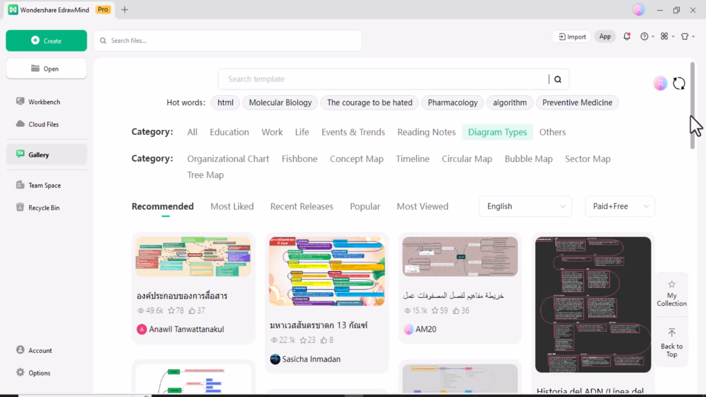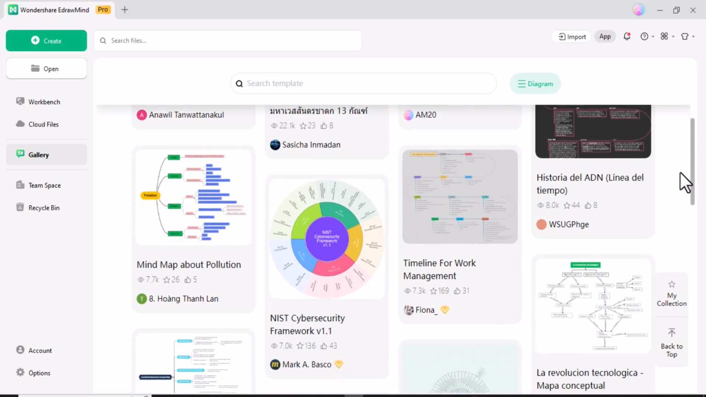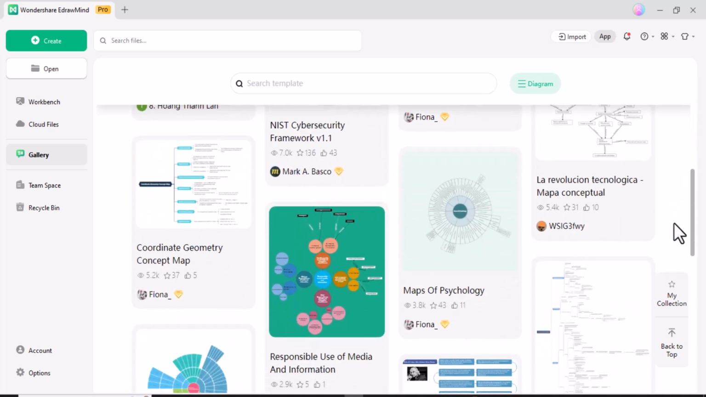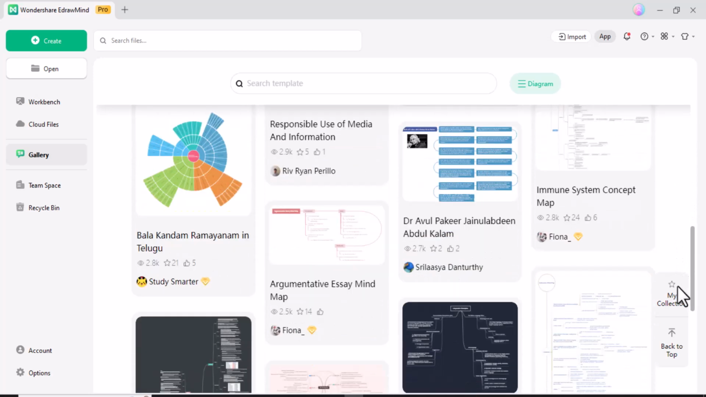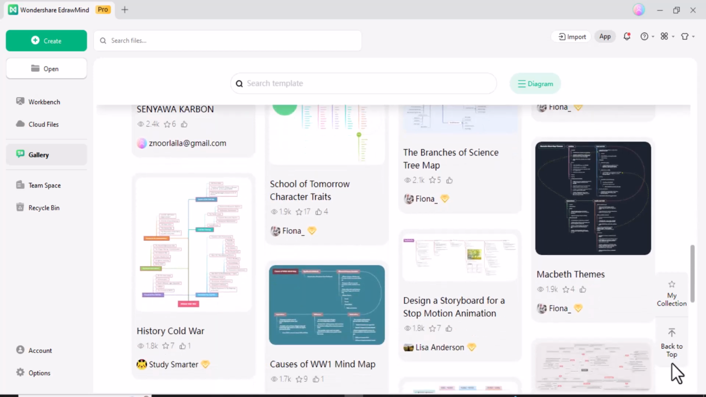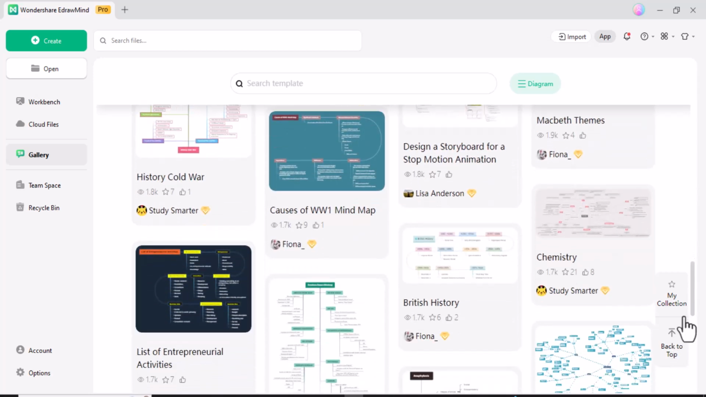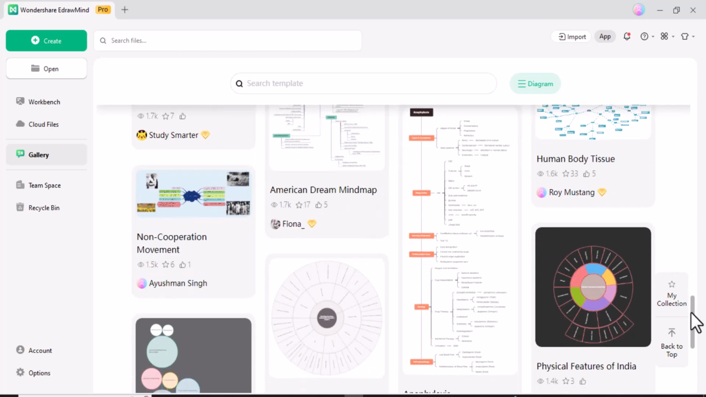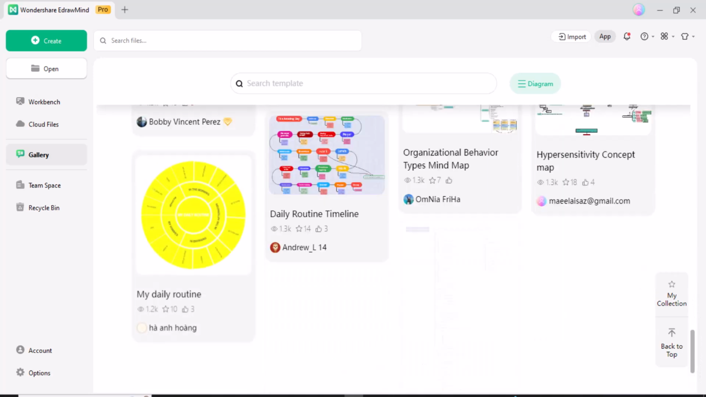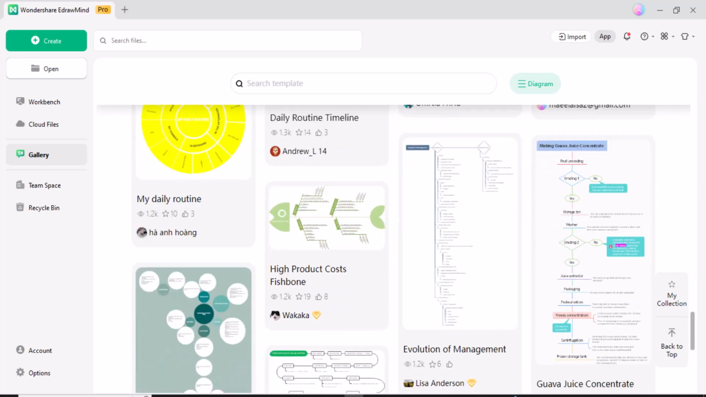The software offers hundreds of ready-to-use templates covering all types of diagrams. Here's just a taste of what you can choose from: block diagrams for system processes, arrow diagrams for visualizing workflows, timelines and S-shaped timelines for project tracking, fishbone diagrams for root cause analysis, Venn diagrams for comparing data sets, BPMN